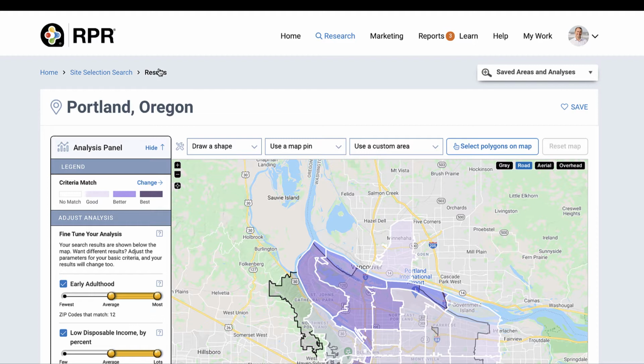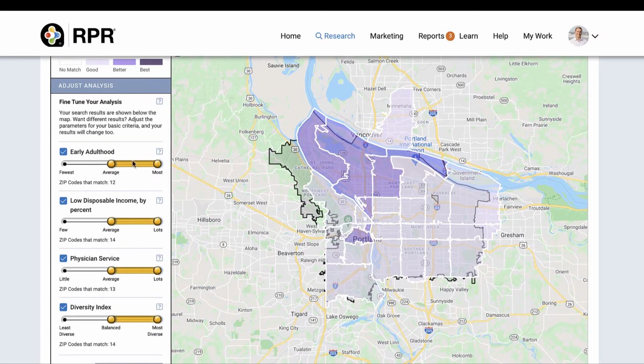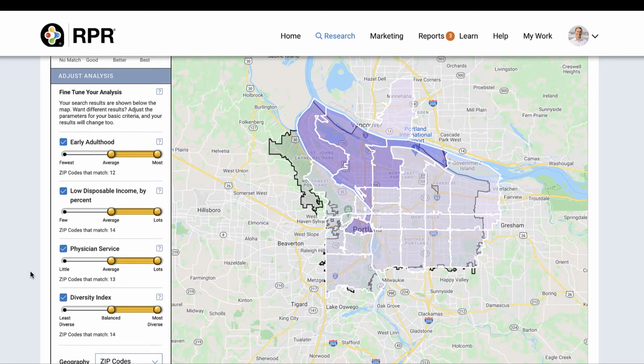Hopefully y'all remember, but if you don't, there is a site selection tool inside of RPR that's powered by the Esri economic and demographic and spending data sets. It basically allows you to identify smaller areas within a larger geography that match the drivers of the business that your client has told you they want to be around. So you can see here, the darker the purple, the better the fit. Here are the attributes I have already set up. You can see it's set for a medical family practice type of